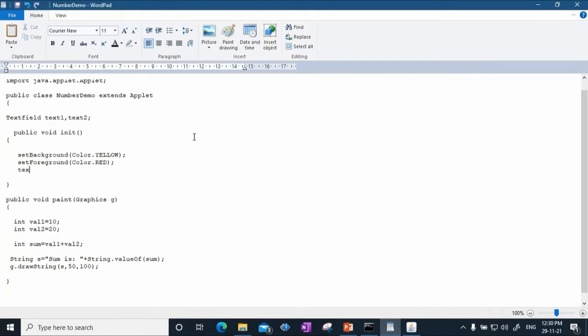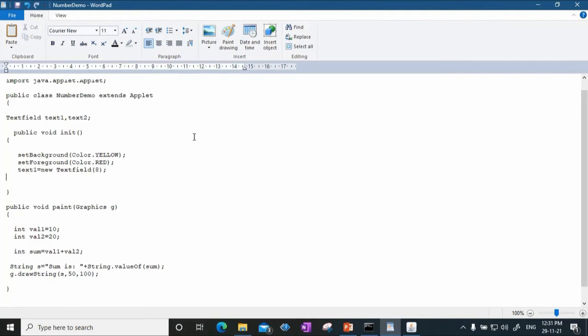So I'll say text1 equal to new TextField, and I am specifying that this text field will have a maximum of 8 characters. Then similarly I will create the second object whose name is text2. I will say text2 equal to new TextField, and the maximum it can hold is 8 characters.